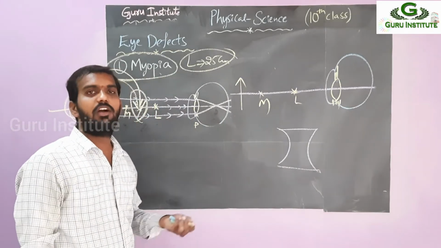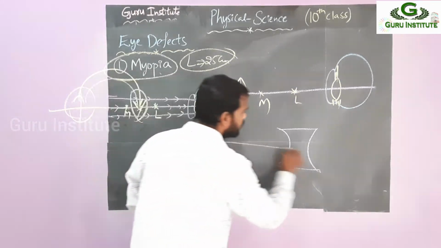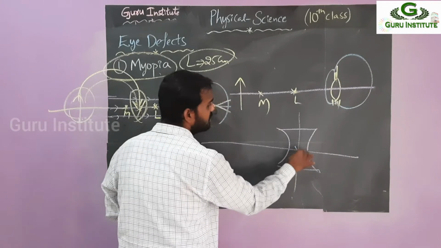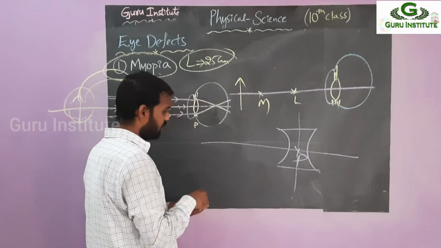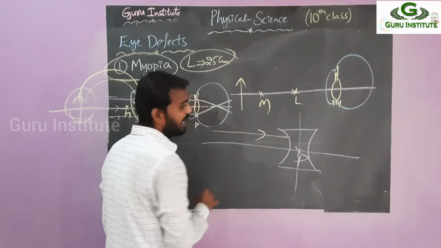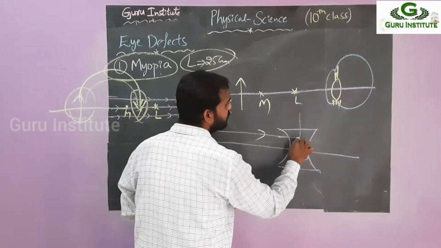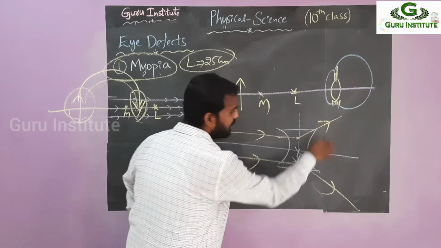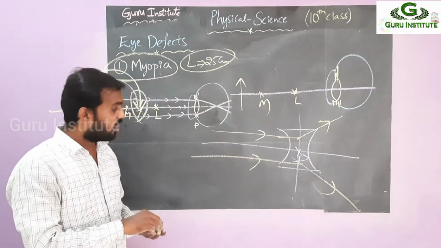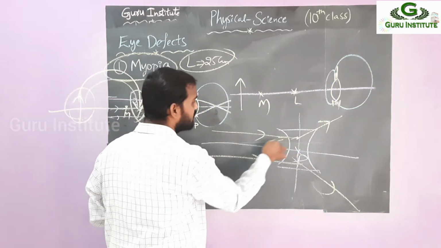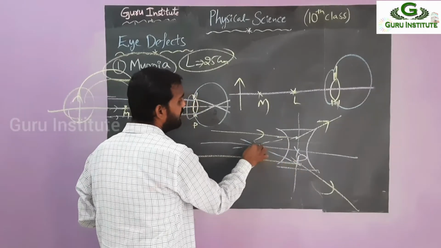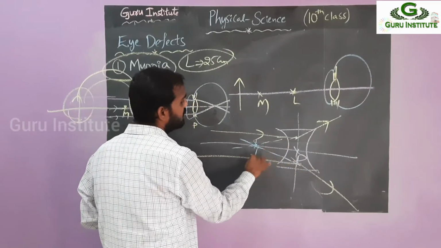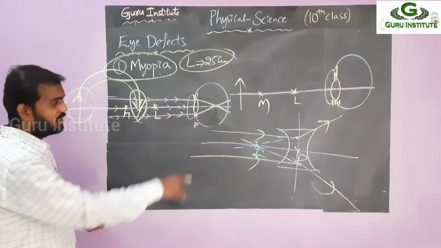So first I am drawing the concave lens ray diagram. Just remember the concave lens. This is the pole. Whenever the light ray is falling like this, after this it is going like this, right? Do they meet at this point? No, right? Then what do you have to do? You have to extend it to the back side. Then they meet at some point. This point we call the focal point.